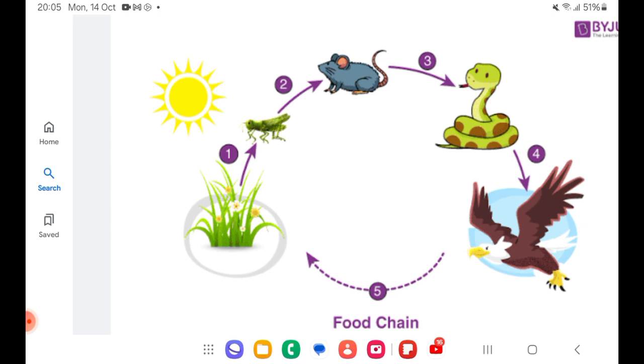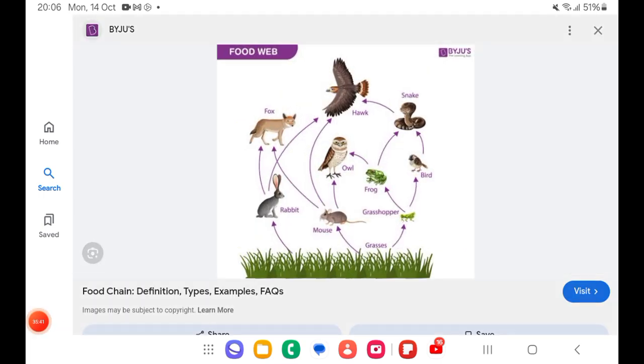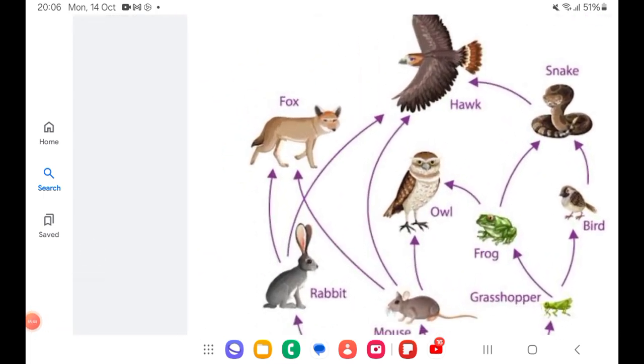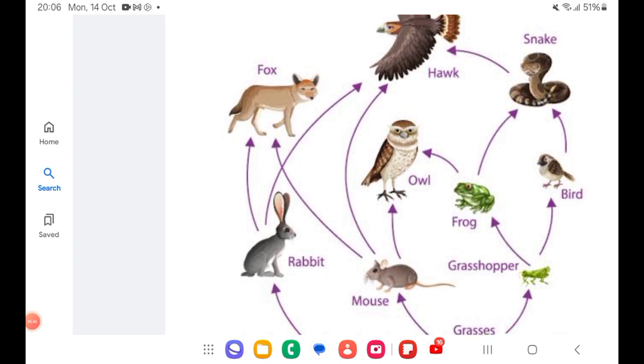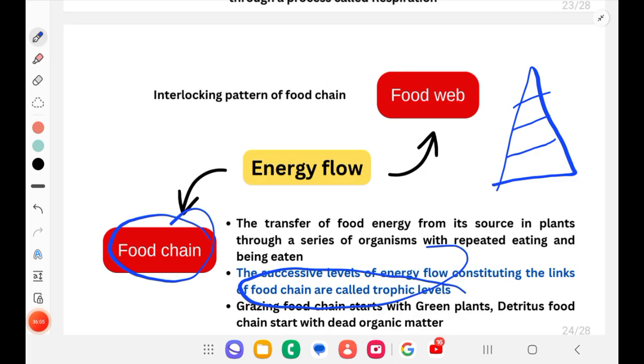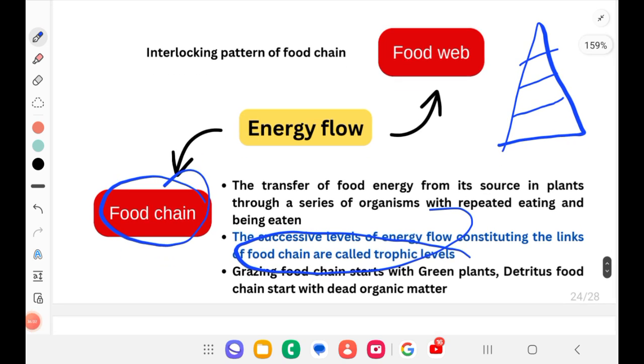So if this is interlocked, then it is called a food web. So this interlocking is there in this figure. If you see, frog will be eaten by owl or a snake. This kind of interlink will be there. This is actually the truth in nature. It's a food web. It's an interaction or interlinking of different food chains, called a food web. These two are simple definitions. So one is eaten by other thing, right? So the successive levels are said to be trophic levels. So this is one trophic level, the other is the second trophic level, like that.